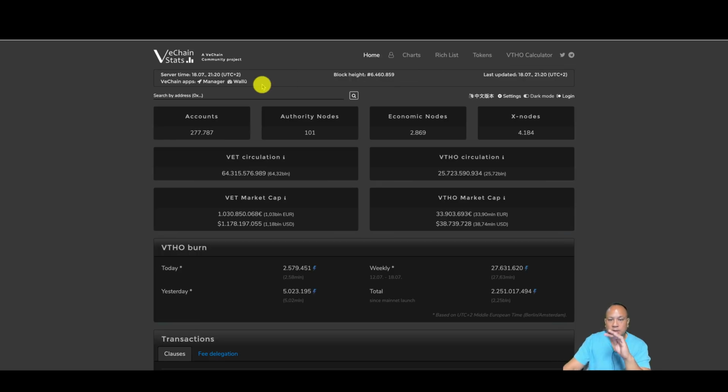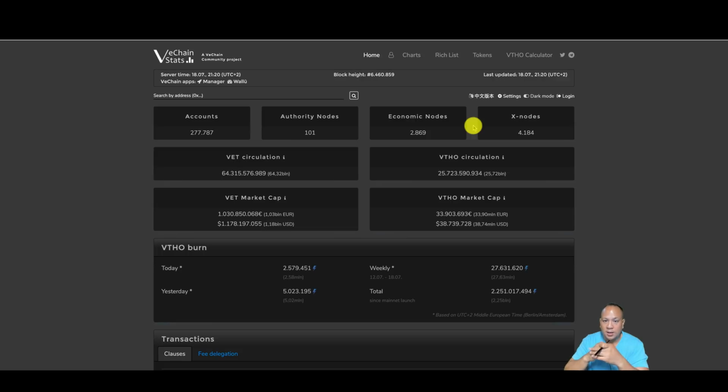Okay, now I'm going to list what I see over here. These are the list of regular accounts. These are the amount of authority nodes. There are always 101 authority nodes, and these are expensive ones that are owned by large enterprises. Economic nodes are basically regular nodes, so those are your non-X nodes. And then over here we have a total of 4,100 X nodes. So now if you want to calculate how much